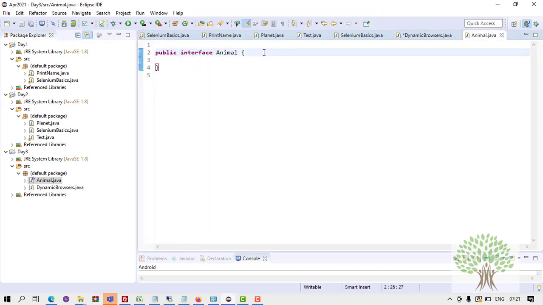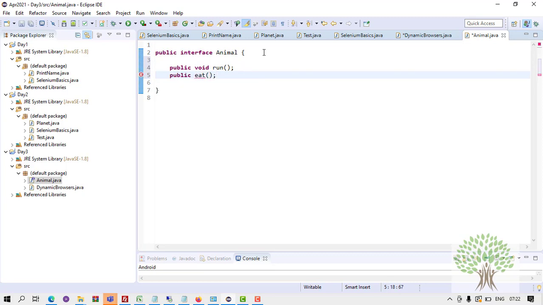Now what are the features of an animal? Okay, so it can run, it can